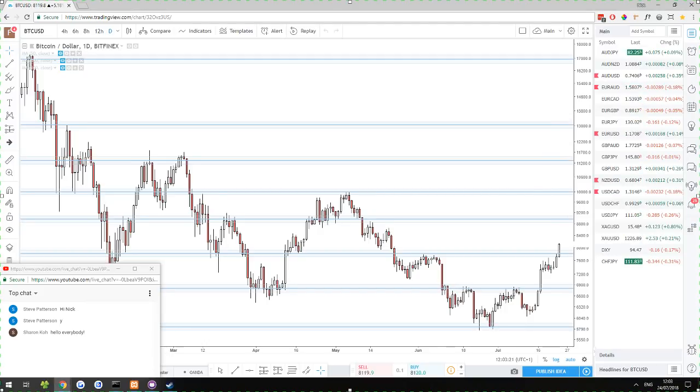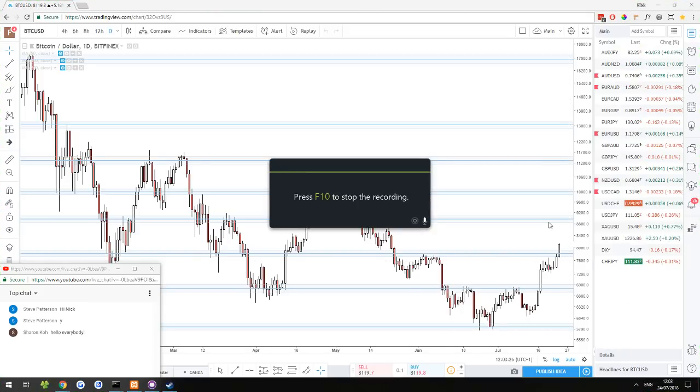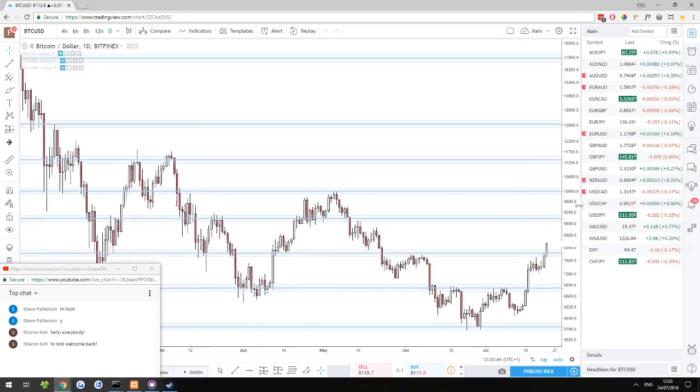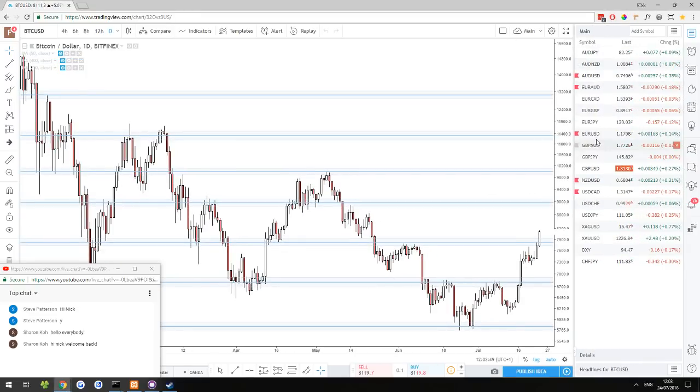In today's analysis, we are going to be looking for price action setups across most of the pairs that I have listed here on the side. This is my watch list. We're going to be looking at most of these pairs across all these time frames. When I say price action setups, we're looking for reversals, continuations, all kinds of price action setups. Anything is okay with me as long as it's a good price action setup.